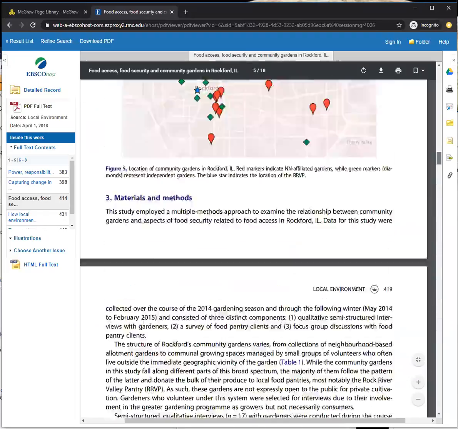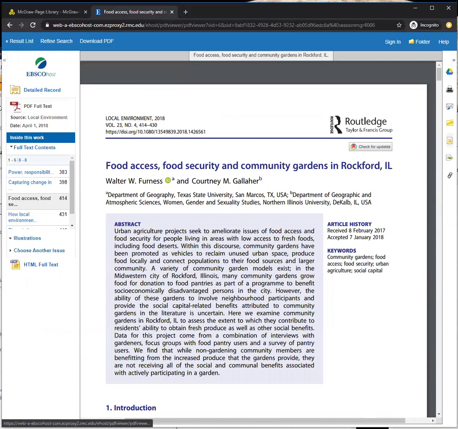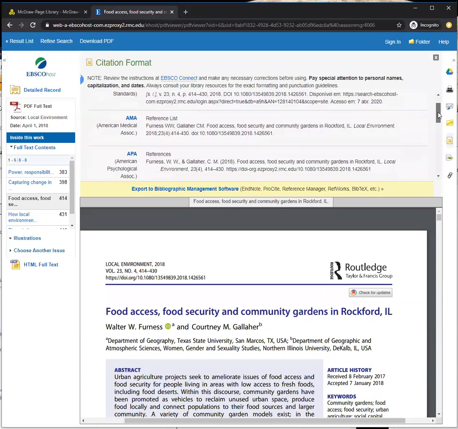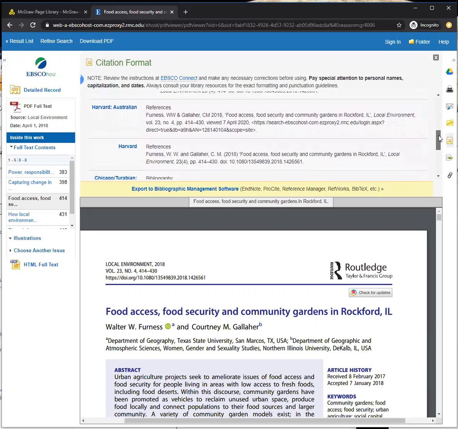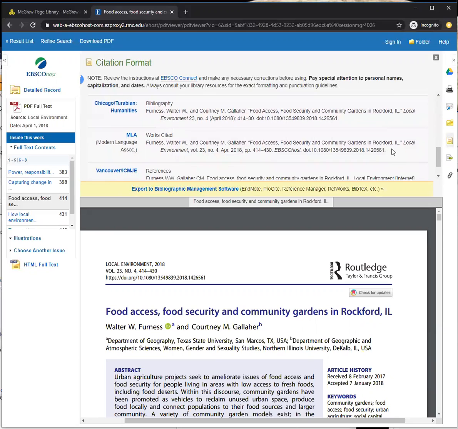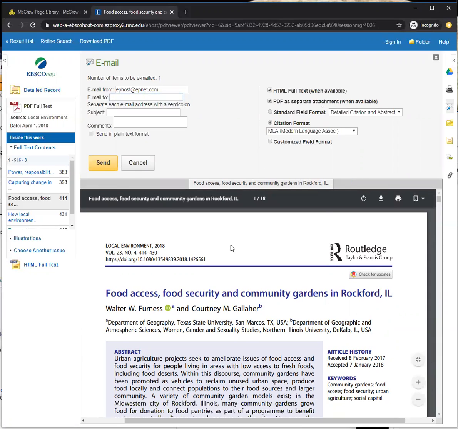Super interesting tools provided by this database. Over here on the right-hand side, we have a Cite button. This will generate a bibliographic citation for you in the most common formats. We have APA, Chicago, MLA. Copy and paste this into your bibliography. Please just check your writer's manual to make sure everything is in the right spot. There's also an email button. Super useful. Put in your email address, pick your citation format, and you'll get an email back to this page with a PDF attached, if there is a PDF, and a citation that you can copy and paste into your paper.